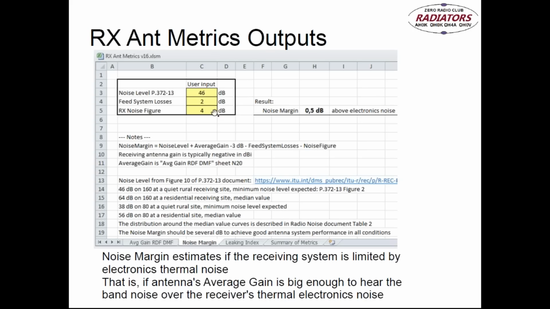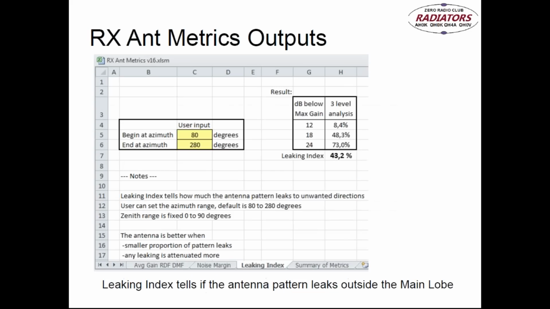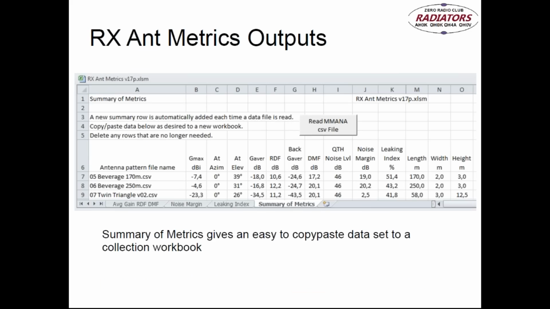If you want to have lower figures or lower numbers, you would need to use a specific preamplifier. And in this case, we're just above the zero noise with this antenna that happens to be a sample for this screenshot. So then